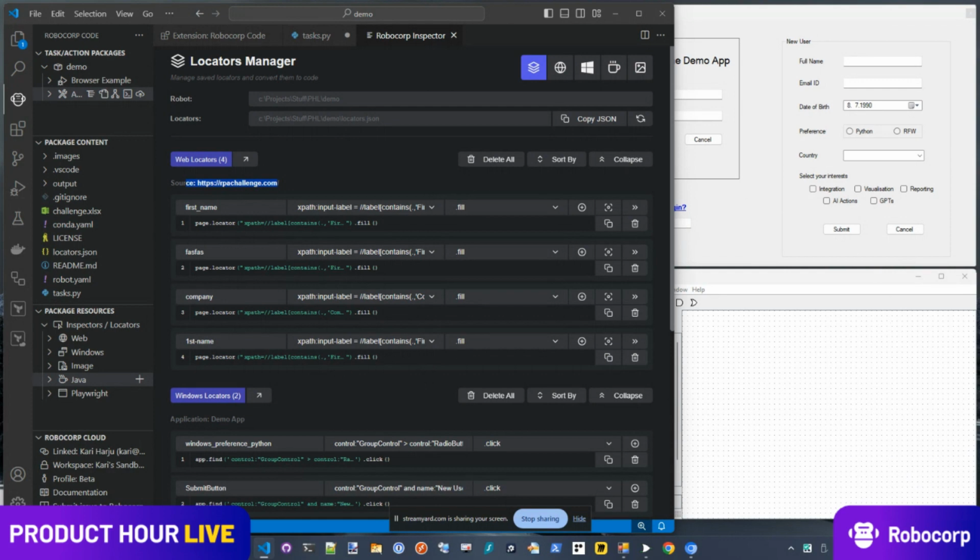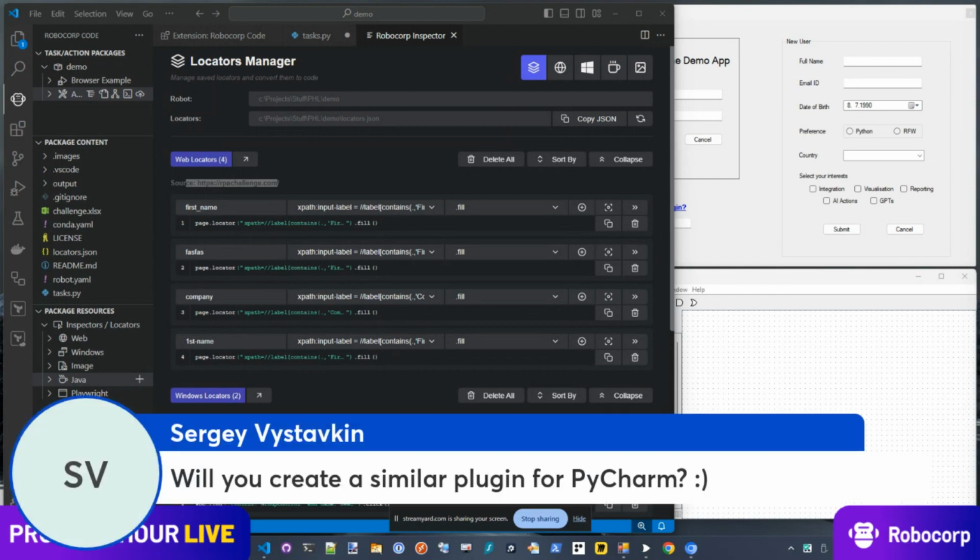Good. That's cool. What else? Do you have anything planned to cover? I have one question from the audience already. Will you create a similar plugin for PyCharm? That's